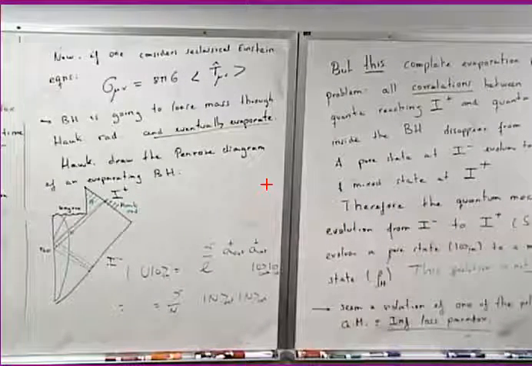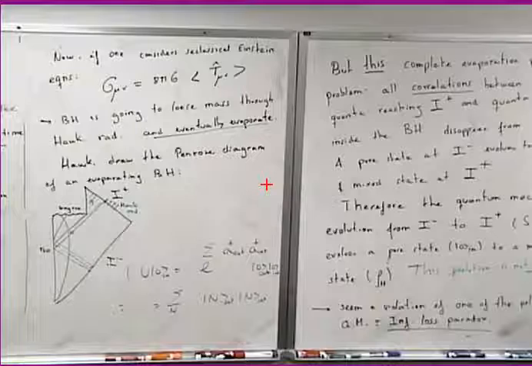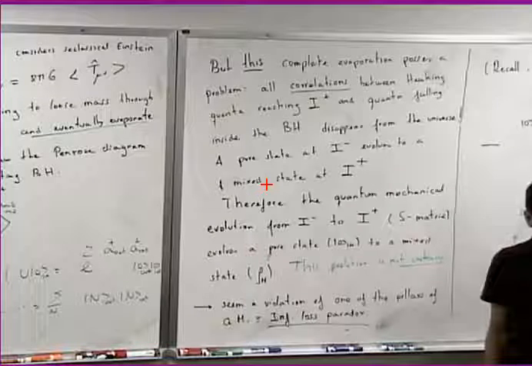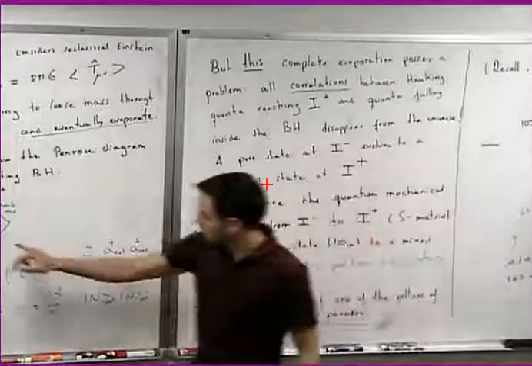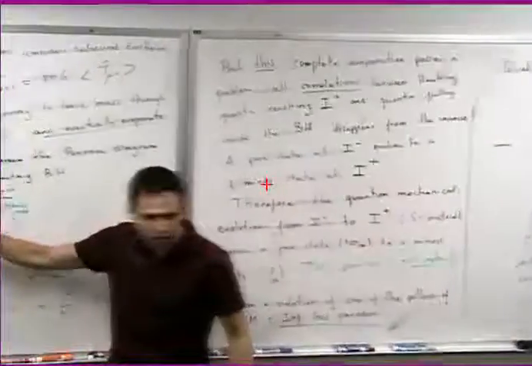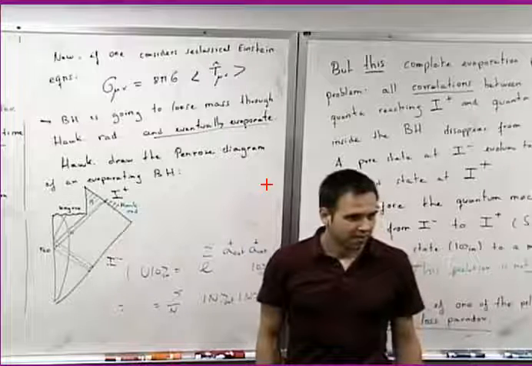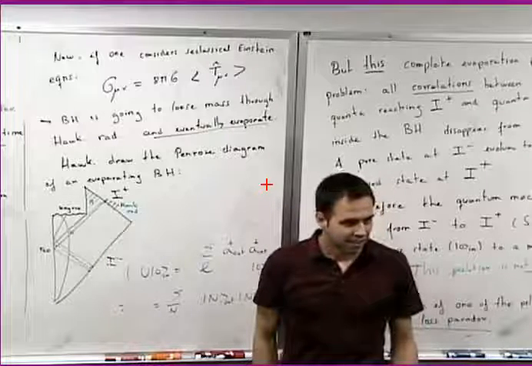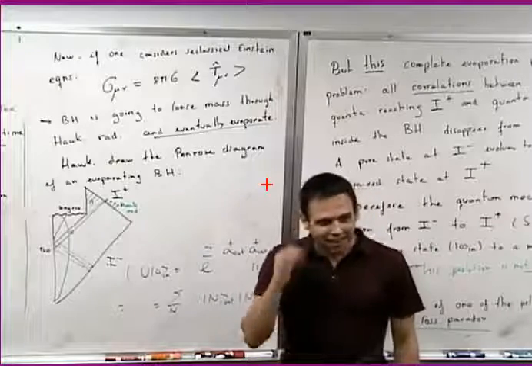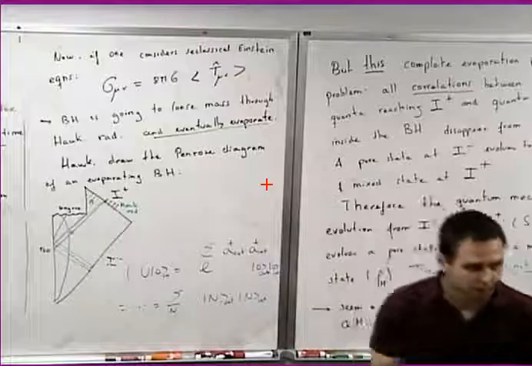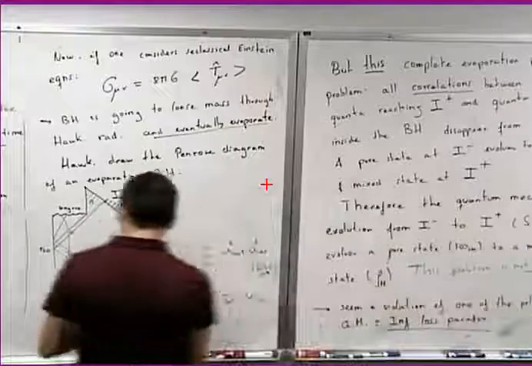Okay, here we are talking about quanta, right? Like in Hawking radiation, there are quanta, and those are correlated with the quanta falling inside the black hole. But when the black hole evaporates, those quanta won't be lost, right? I mean, those will come back to I plus. No, whatever goes inside the horizon is lost forever. But after evaporation, I mean, those come back, right? No, that's the quanta reaching I plus. We're talking about the negative energy quanta that never leave the black hole.